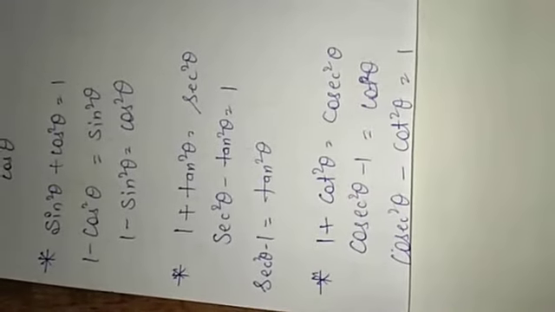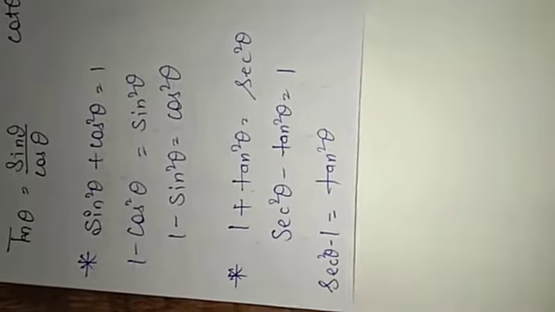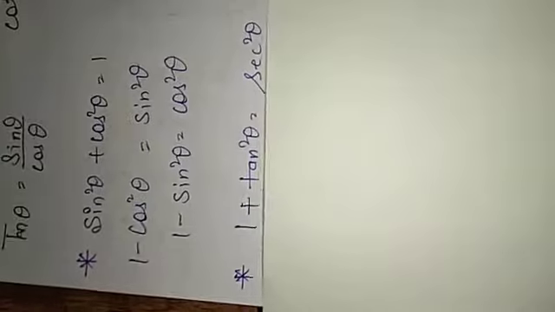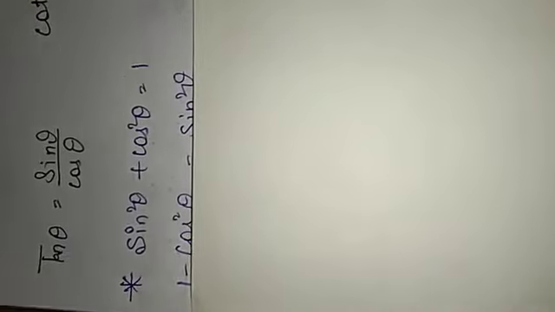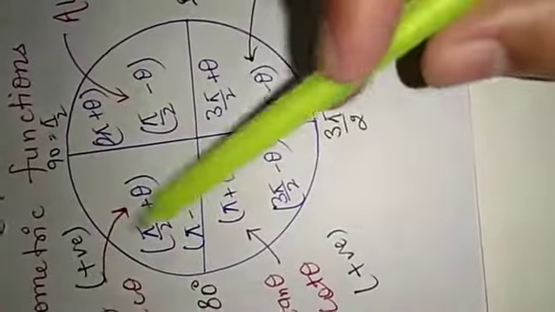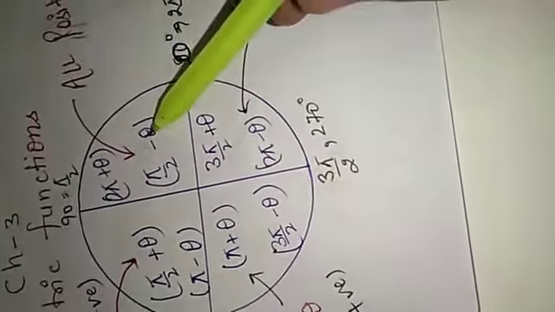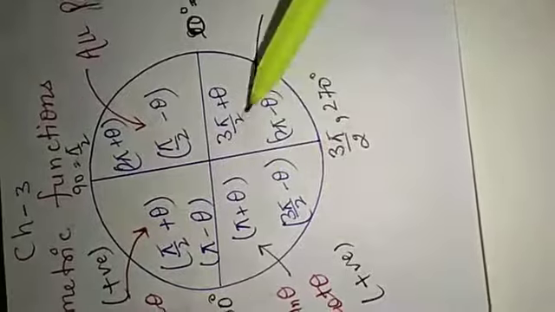Now we come upon class 11th standard, which is an advanced standard. So in this chapter we learn about the quadrant and different types of problems and different types of questions. So first we discuss about quadrants. What is a quadrant? So here all of you know that a circle can be divided into 4 quadrants: first quadrant, second, third and fourth quadrant.